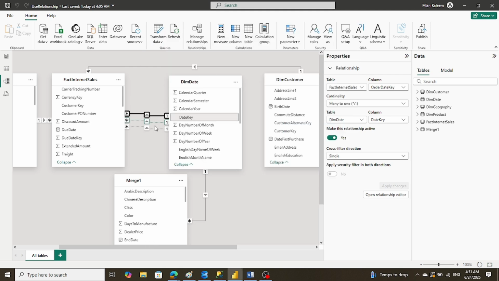By default, when we summarize the sales amount, it always shows the order date, what date these sales orders were received. And now we also want to use the